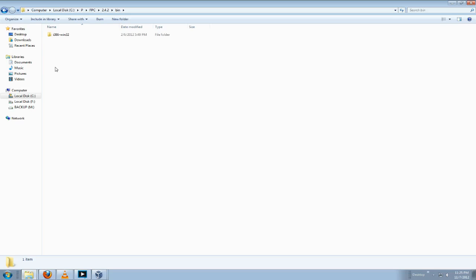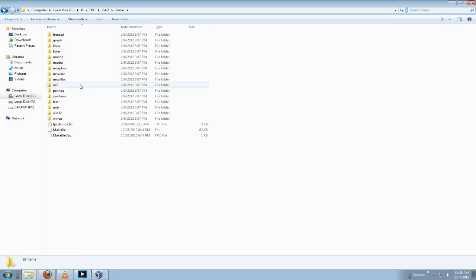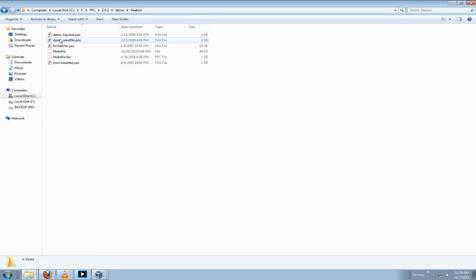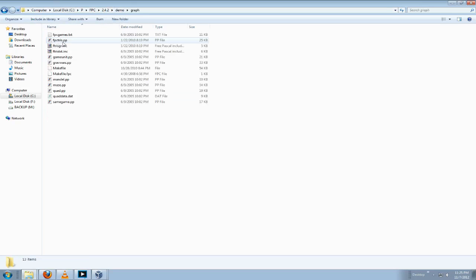But we're just dealing with Windows, and that's good enough. The language is consistent regardless of all the other stuff. So, that's the bin directory. Okay? In the demo directory, they do have a lot of different source examples of how to do different things. I'm not going to go through every single one of them, but they're in here, and they give little demos of little portions of libraries that are included with FreePascal, and they give you just enough of the demo so that you can kind of see